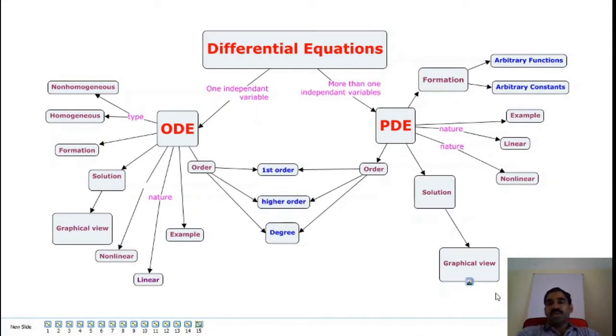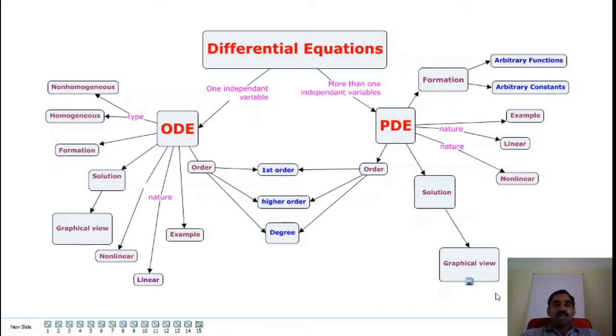Solution of partial differential equation. A solution of partial differential equation, we can visualize the solution as a surface. That is a surface in 3 dimensions. But in the case of ordinary differential equation, a solution represents family of curves in a 2-dimensional plane. In the case of partial differential equation, its solution is different surfaces. We can choose a particular surface corresponding to partial differential equation by specifying some conditions.